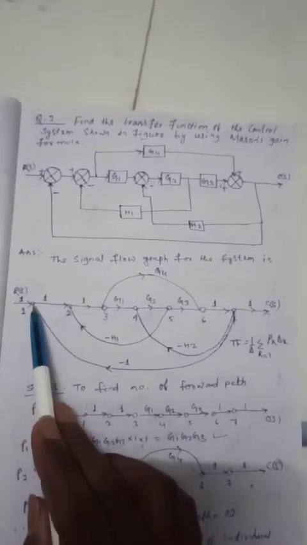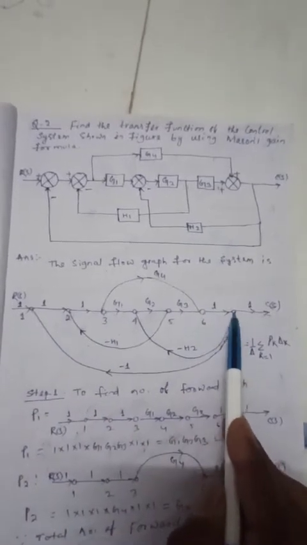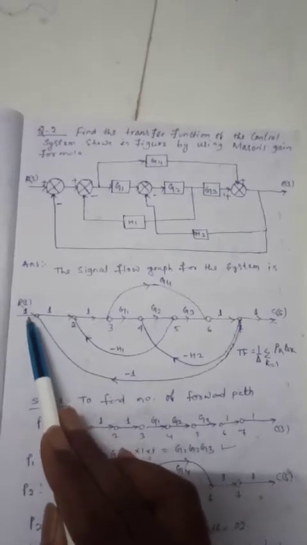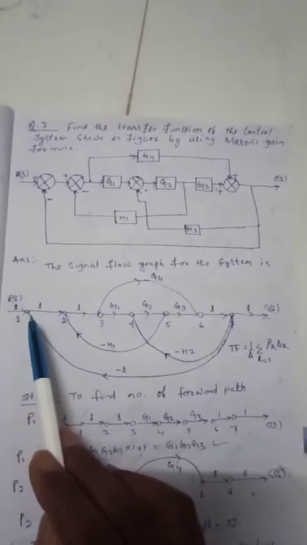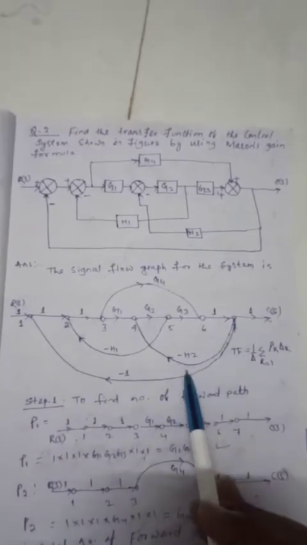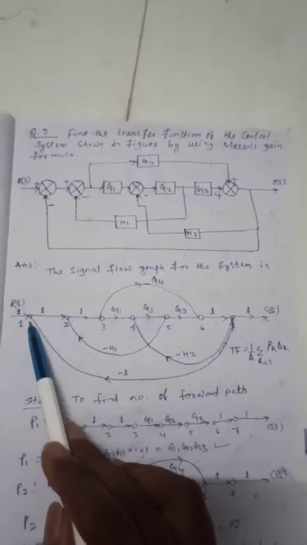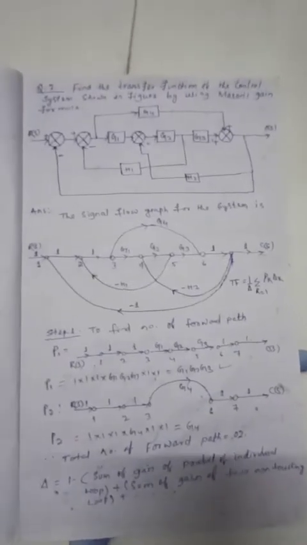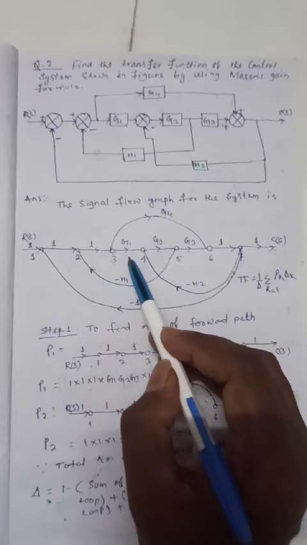Looking here, node number 1 to 7 and coming back with this. Clear? The signal goes from node 1 to node 7 and returns with this value of -1 to the same node point 1. So it is also a closed loop. Then another closed loop is here, so you have to mark it. Look here. Clear?